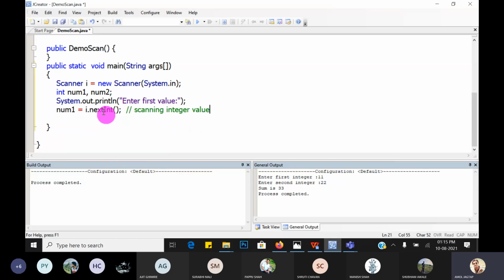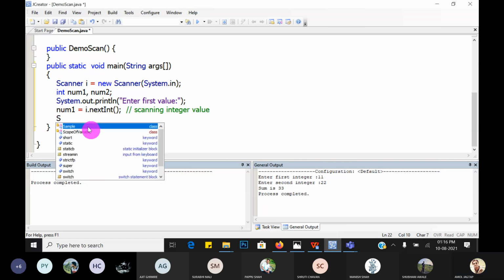So the nextInt method returns an integer value. How is it called? First, check whether nextInt is static or non-static. If it is static, it is called by using the class name. And if it is a non-static or instantiable method, then it is called by its class object. So it is an instantiable, non-static method, so we use the object name i. So i.nextInt. Its return type is integer. So when it returns the integer value, we have to save it into the integer variable num1. Great. Guys, hope you understand.